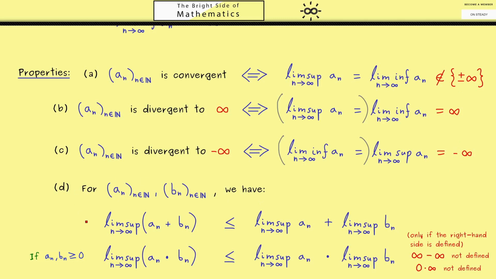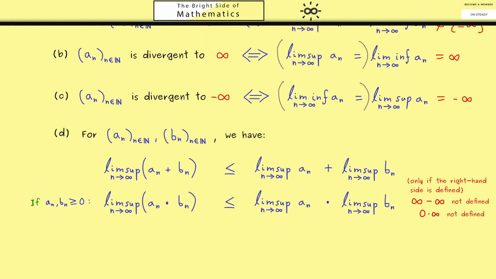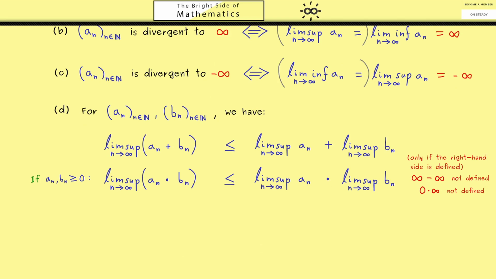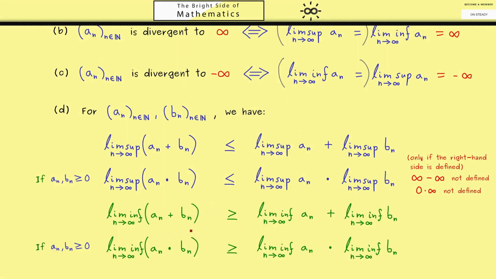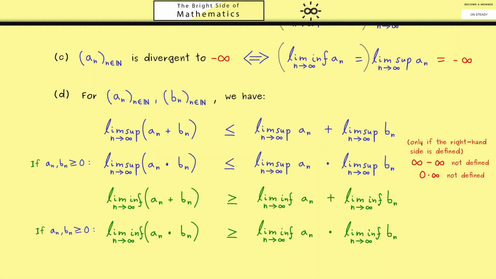Okay, I would say proving these two inequalities is a very good exercise for you. Because when you do this, you immediately see that we have a similar inequality for the limit inferior. So it's the same in green here, the only thing that changed is the direction of the inequality. So the lim_inf on the left hand side could get bigger than the right hand side. To see that this is in general really an inequality, let's look at an example.